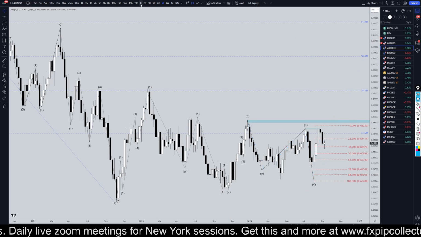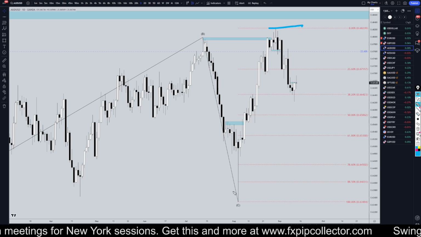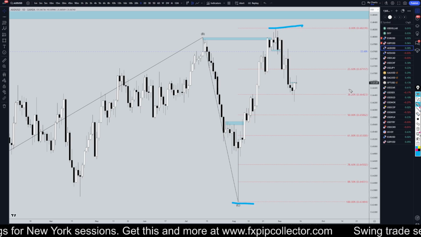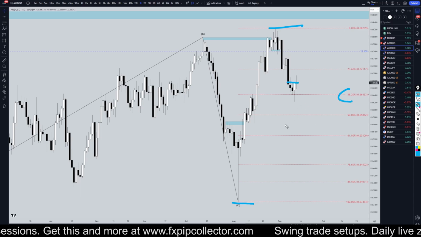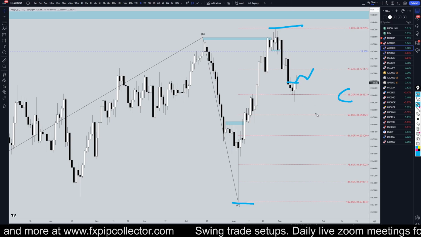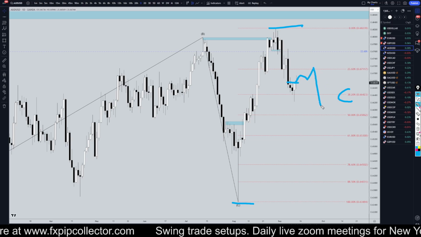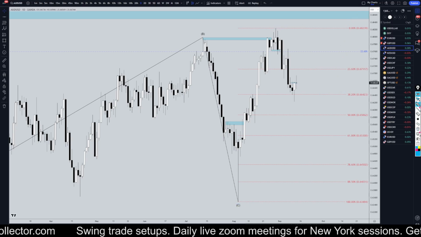So taking it down to the daily time frame. Daily time frame is where I got my Fibonacci retracement on this last move up right here. We are at a Fibonacci level, and we did have a little bit of a break on the Aussie dollar. I'm not really convinced that this is going to be the continuation of the uptrend. I think more than likely it's just going to be a correction to the move down, and then later on we'll probably get another push down before it really does end up continuing the uptrend.